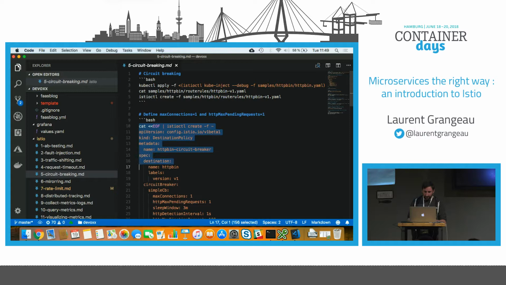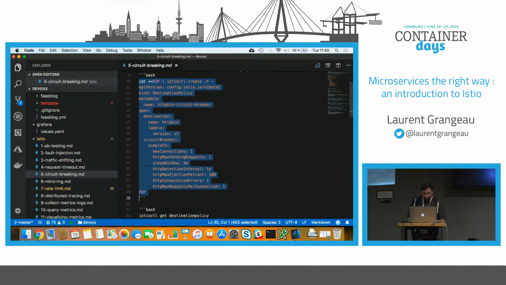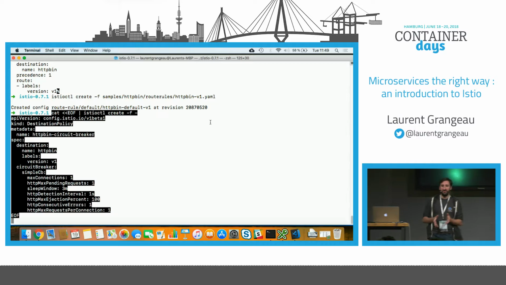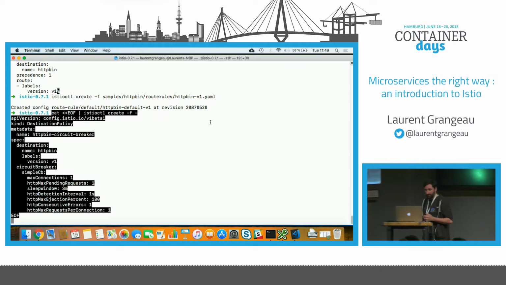And now you can define the circuit breaker. So I will explain what you have here. Here you apply a new destination to the HTTP bin with some max connection, a max pending request equal to 1. And you have a detection interval of 1 second.